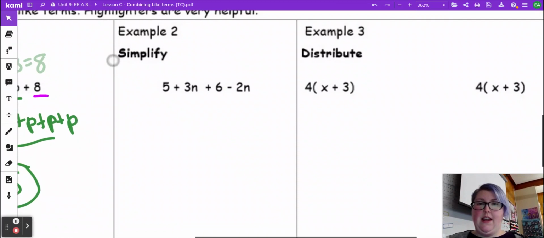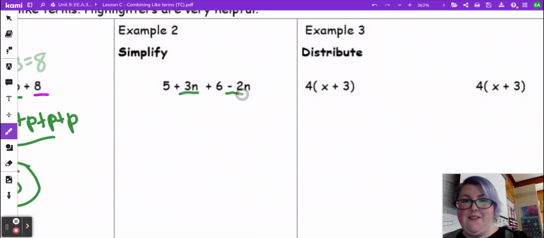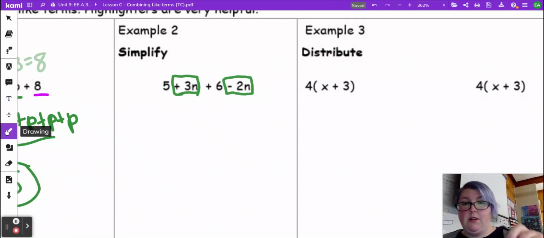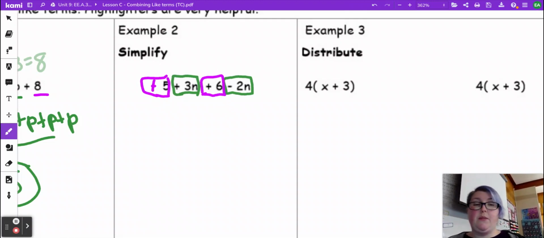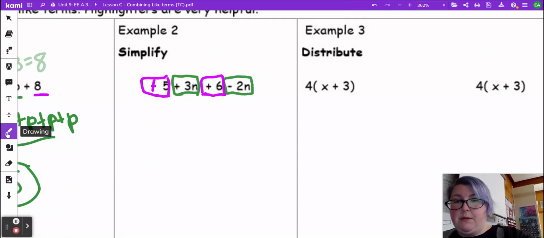All right, now we have 5 plus 3n plus 6 minus 2n. So 3n and we have negative 2n. Whatever comes before, whatever that operation is, needs to come with that term. So we also have 5, and remember, if there's nothing, we assume positive, and we have 6. So let's rewrite this. You can do any order you want. I prefer to do variables and then constants. So this would be 3n minus 2n